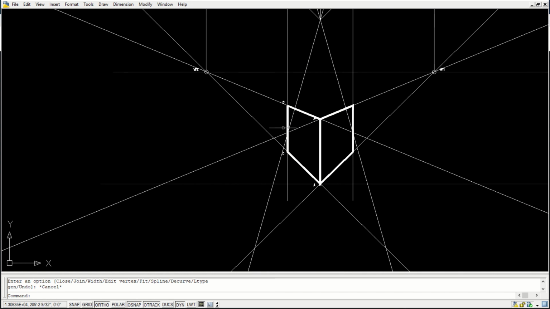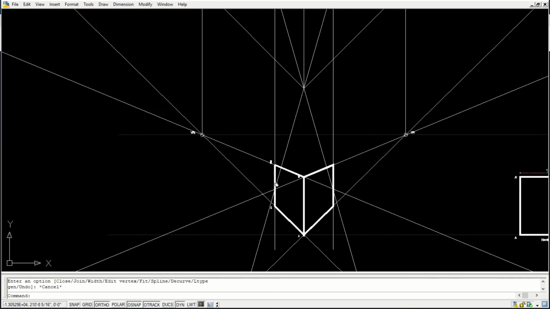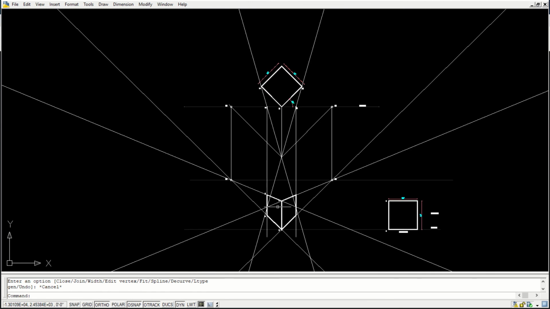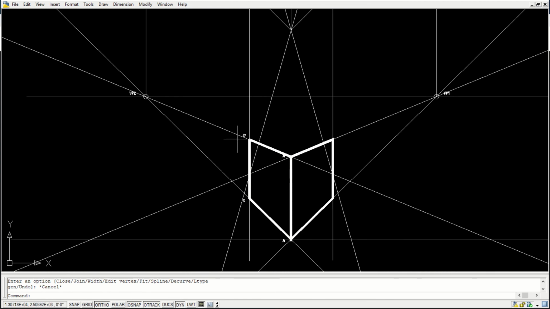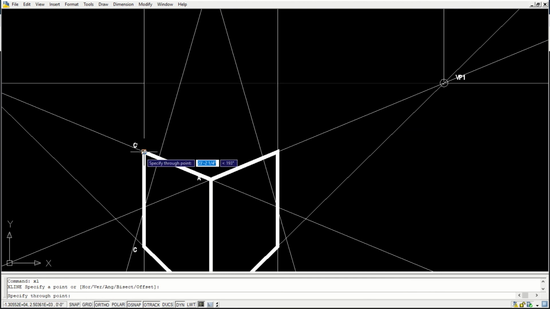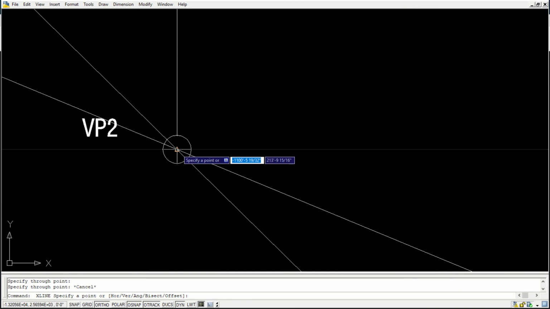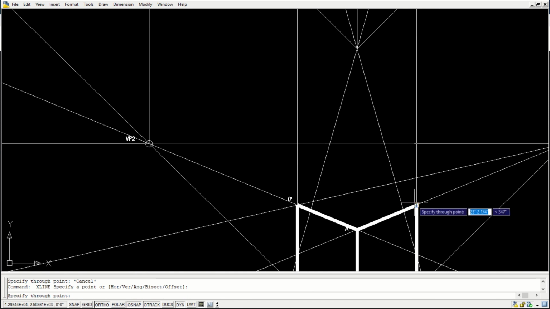So we have got these two faces. AA dash we already got, CC dash also. Now the upper face we need. I'll project it from here, using a vanishing line, and connect it here.